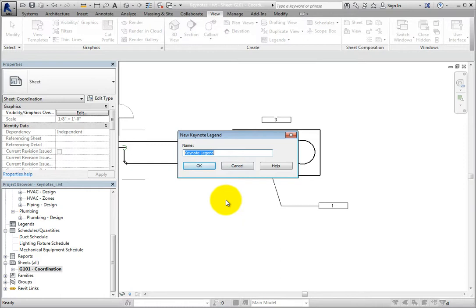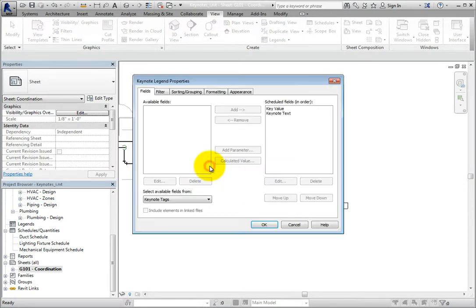In the new Keynote Legend dialog, I'll accept the default name and click OK. Revit displays the Keynote Legend Properties dialog. This is the same dialog as when creating a schedule. As you can see, the two fields, Key Value and Keynote Text, have already been placed in the Scheduled Fields